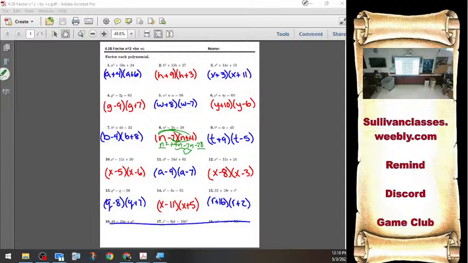Between what I did and what you did and shared with your compatriots last time, we should have half of this done together anyway. So, now that we've done that,